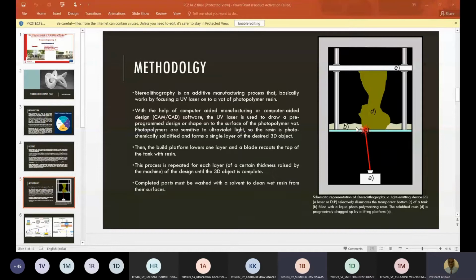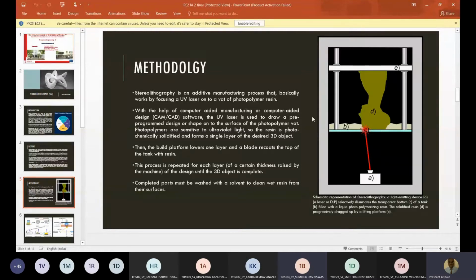The software part will be further covered by Siddharth in his time, but in essence, it is converted into a format that the 3D printer can read. Then we use a laser to first draw one layer of whatever we want to build. For example, here we are building a profile of a lady in plastic. This is called reverse building because we are building it upside down. Here we first started from this layer, and first it is dipped into the resin, then it is taken out, then a laser solidifies that layer in a predetermined path.